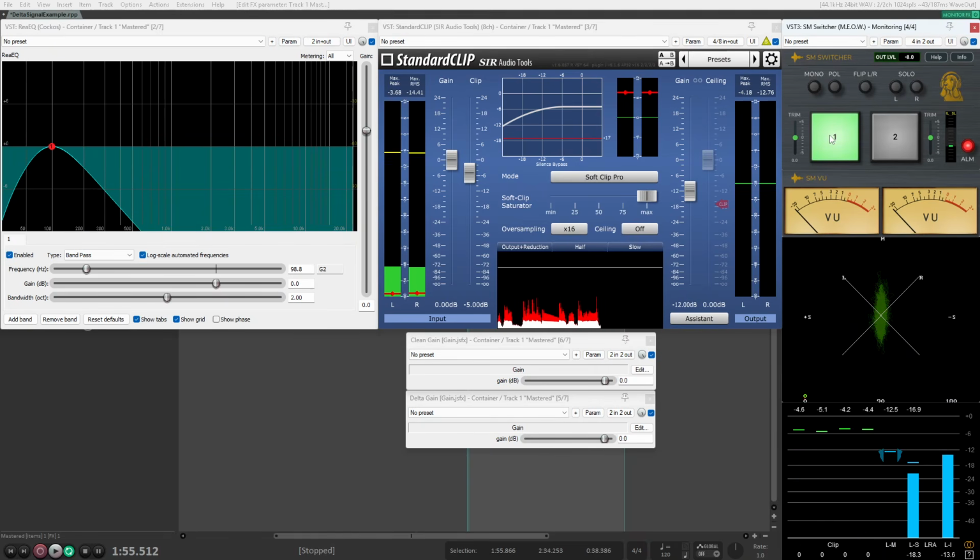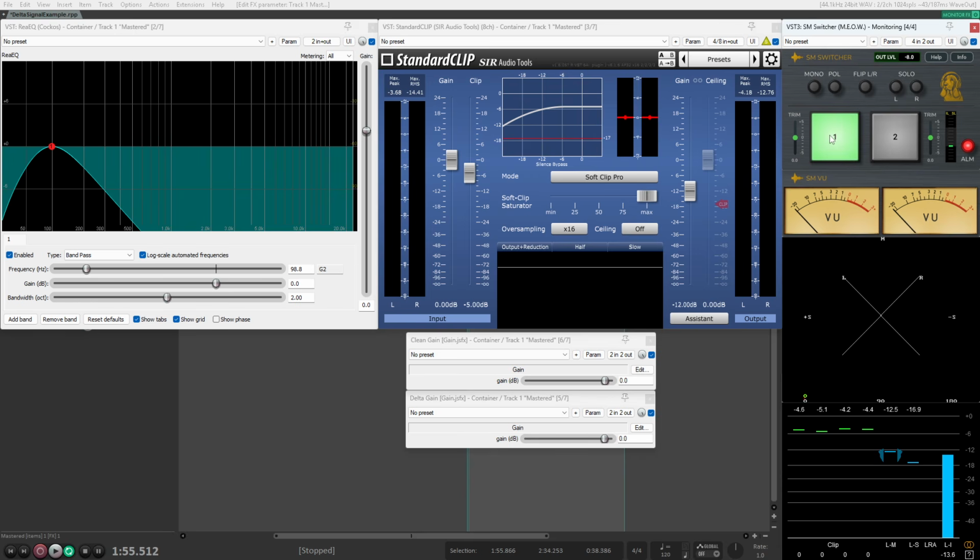So now this low end part of the mix is quite distorted, saturated, but the rest of the mix is left intact. So we can hear the kick and the bass are quite heavily saturated now, but it doesn't affect the upper parts of the mix. So it's a bit like isolating the compactness and fullness from tape saturation, but we're only applying it to the